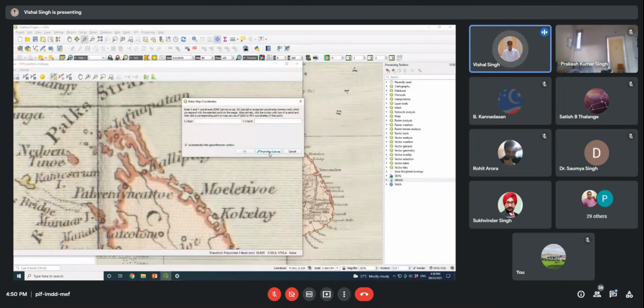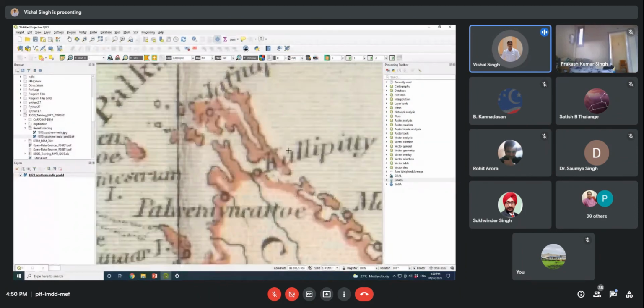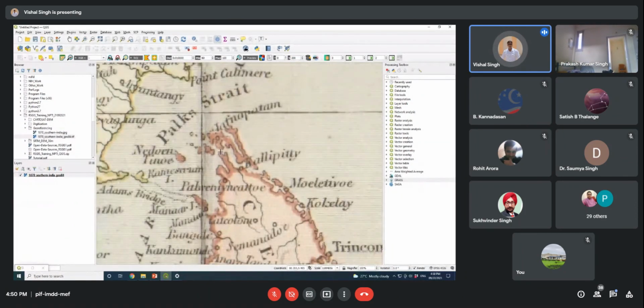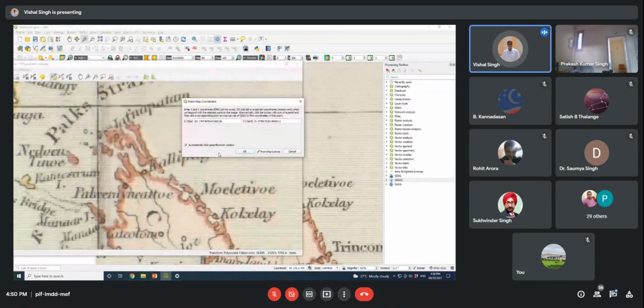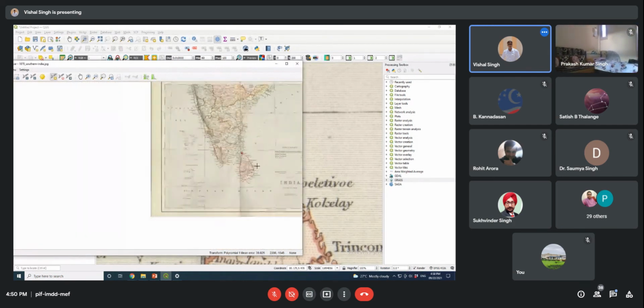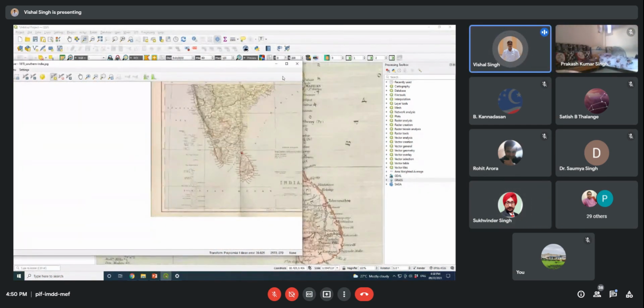Then I will come to the map canvas, and the same location you need to identify in the reference map. Suppose I have identified that this location is the same as that location, I can put another point here. So in this way, again, you can see that the information has been added. So in this way, you can add.